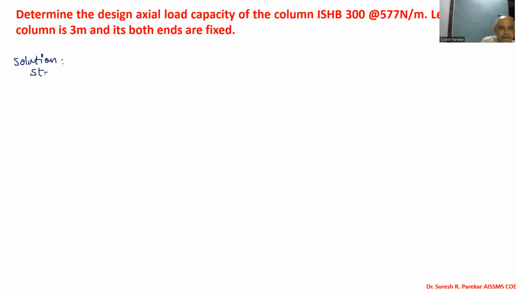Step 1, we can write step 1, given data. So we have given ISHB 300